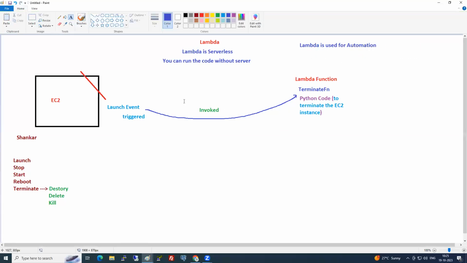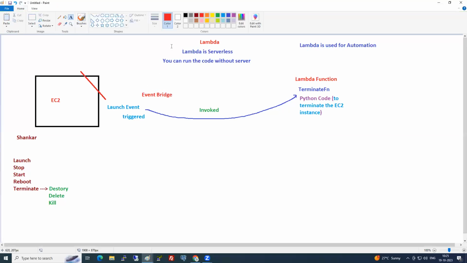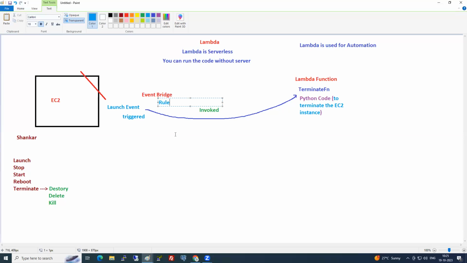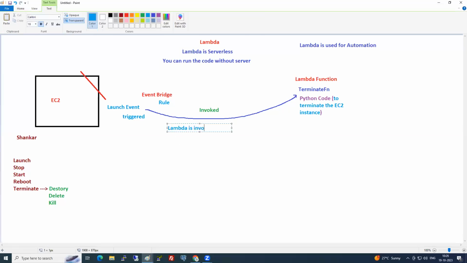Now, where are all the events stored? Which service is that? EventBridge. So in EventBridge, what do I create? I create something called a rule. Whenever the launch event is triggered, I'll go and invoke the Lambda function. So here, Lambda is invoked based on a trigger or event.